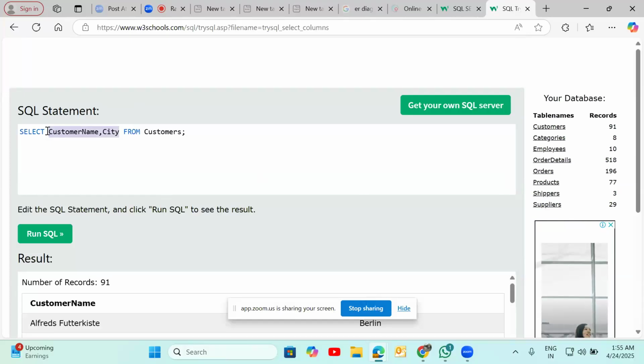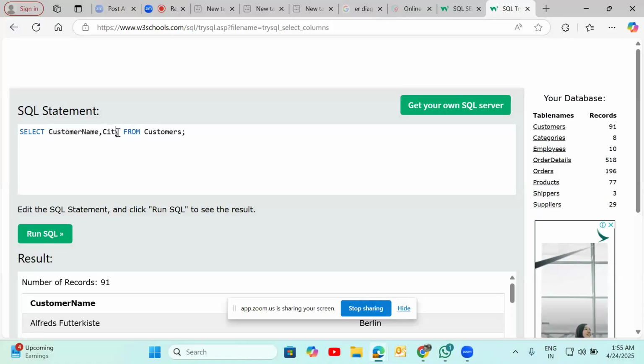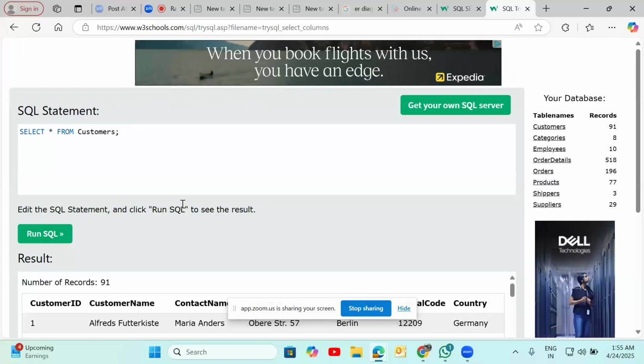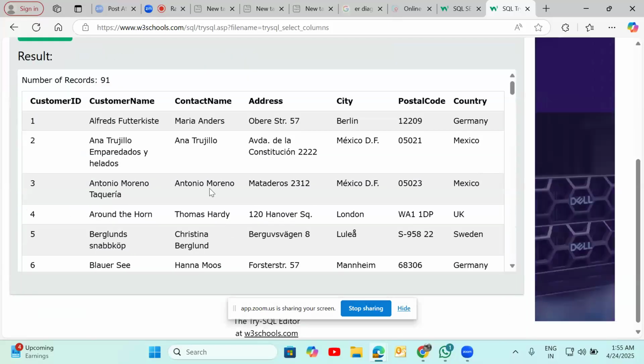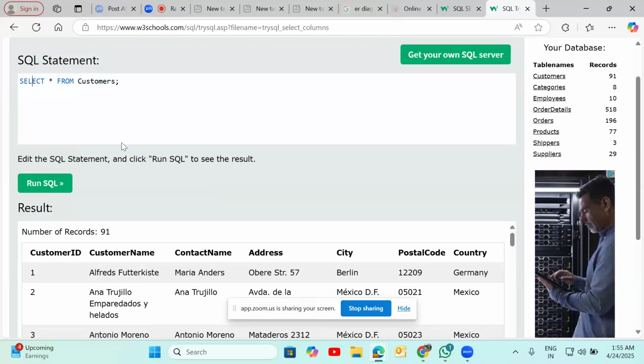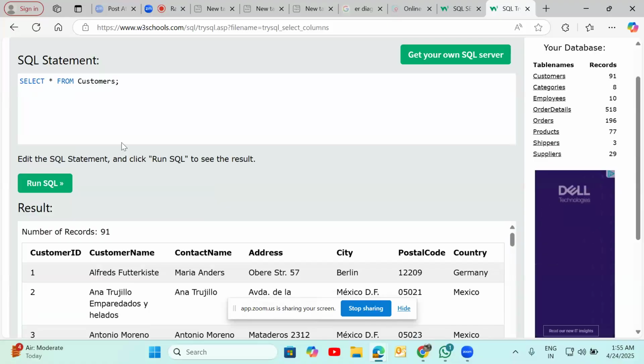Did you clear this issue, or do you have any questions? I understand. You're selecting customer name from the table, with select, from and where. If you put the asterisk, what will happen? The whole table. Now you're clear, right? I have some understanding of SQL, very rudimentary. No, no, basic understanding. Then we need to jump into the other places.